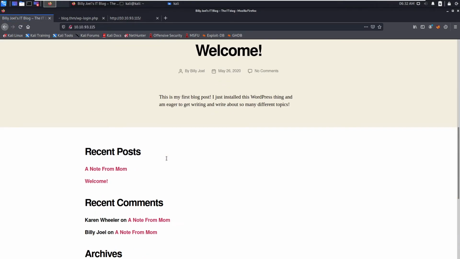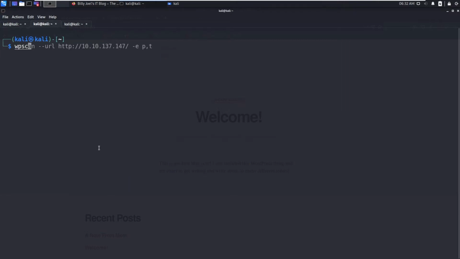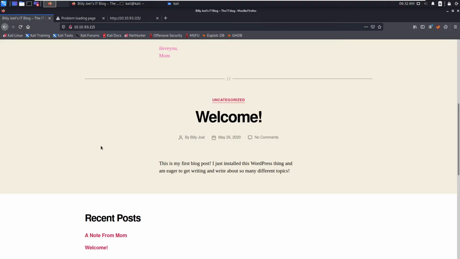So now it's loading the login page. Meanwhile, let's run WPScan.